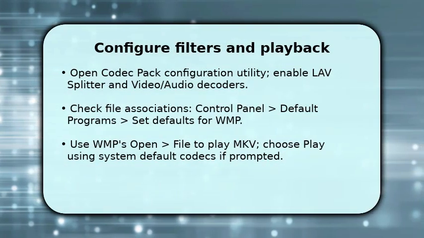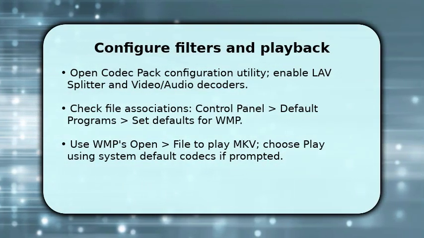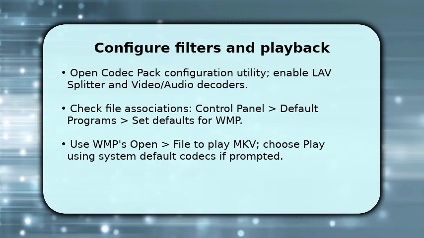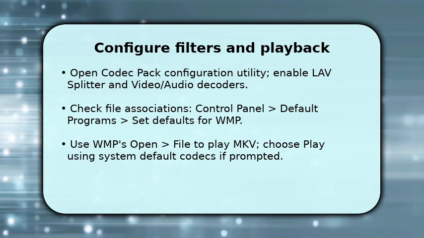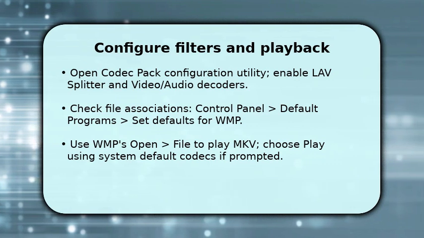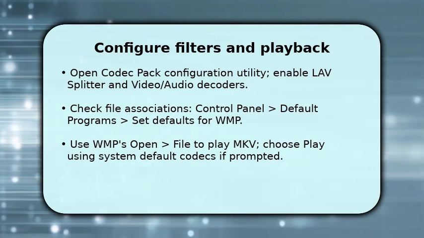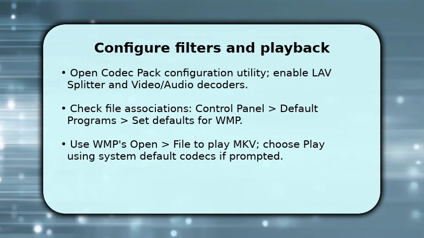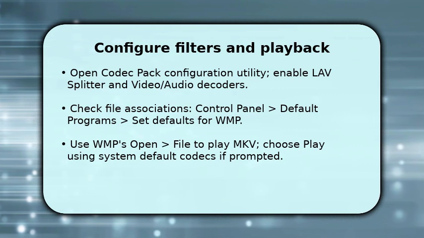Now you configure the installed filters so Windows Media Player uses them. Open the codec pack configuration tool and enable the Matroska splitter plus LAV video and audio decoders. Make sure DirectShow path is active. Then verify file associations in default programs so